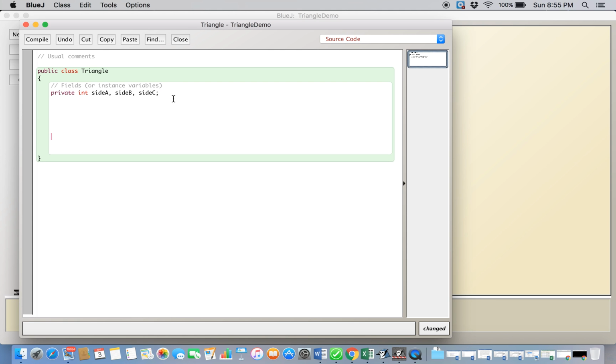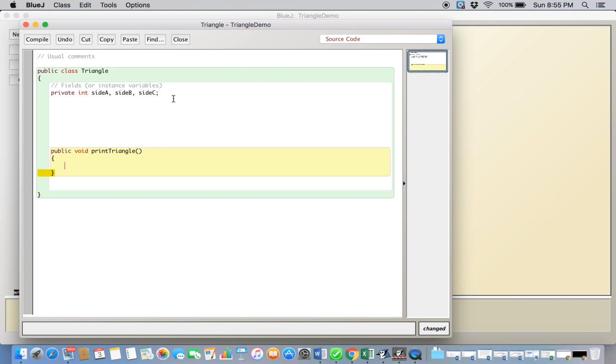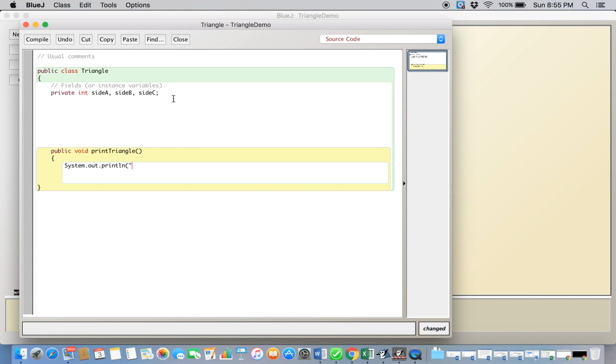Now I'm going to go down a little bit, and I'm going to create a method, right? So something that we're going to access. I'm going to call this method, it's going to be a void method, and let's call this method the print triangle method. So this method is going to print the triangle information for us on the screen, right? So I'm going to go ahead and create my standard stuff for the method, and let's do this now: System.out.println, and we're going to say this is side A. I'm going to add in a bunch of information now, plus, now I'm going to access that variable, side A,